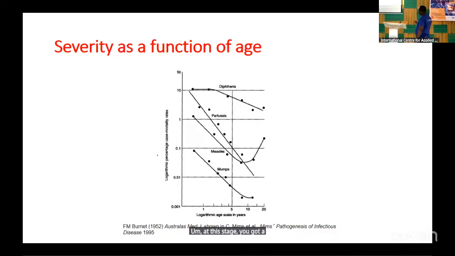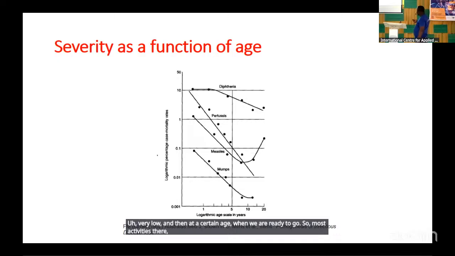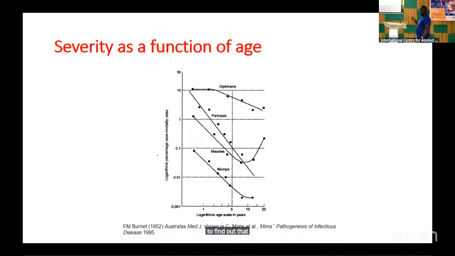Look at the first page for diphtheria, and at the third page, you see it is in hospital, so you are having not more than 10 cases. But as the age goes down, you find out that as people age, the disease is depleted. For some other diseases, you also find very low cases at certain ages. So most of the diseases here, you find out that they are affecting